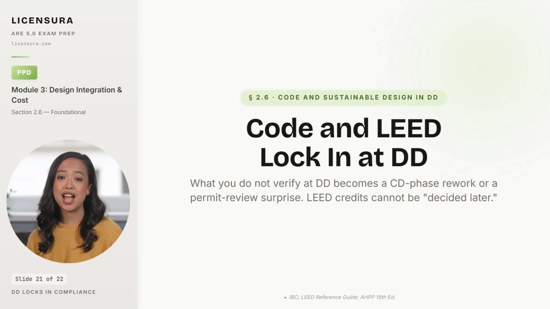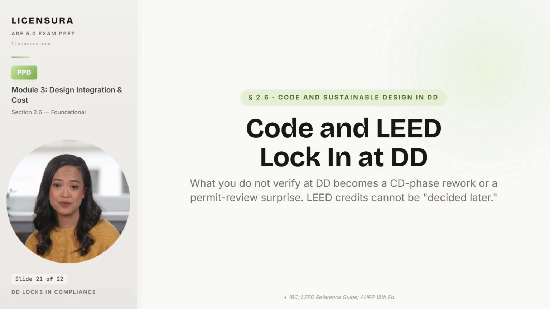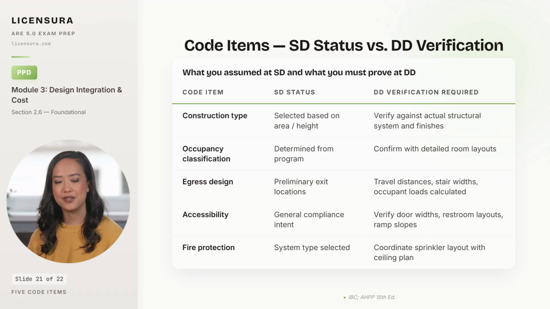Let me walk you through 5 code items the DD phase must verify. 5 code items that must move from SD assumption to DD verification. Construction type was selected at SD based on area, height, and intended occupancy. But the DD drawings must verify the construction type against the actual structural system and the finishes specified, because a Type 2B selection at SD becomes a code violation if the DD drawings show combustible interior elements that push it